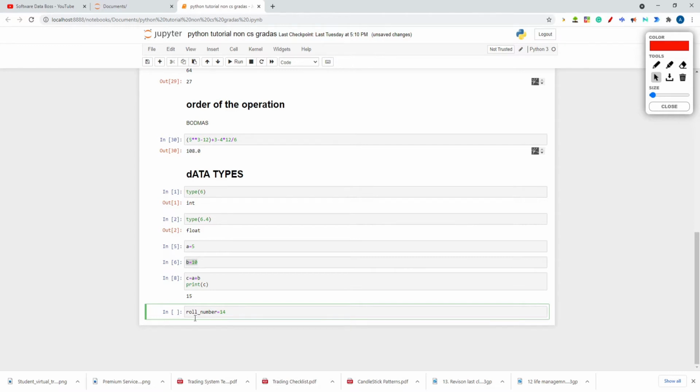Suppose I have a student in my class and I want to store his roll number, so I will define the variable roll number, and 14 will be stored in it. Because this application may be going in a business context, another person should be able to understand it. So your variable name should always be meaningful, according to your business domain. So roll number 14, because it's related to some student data.